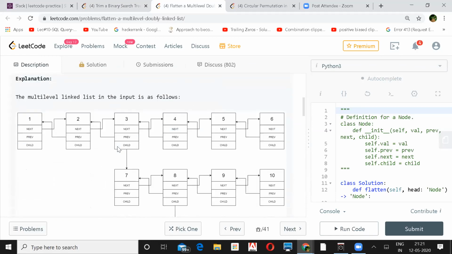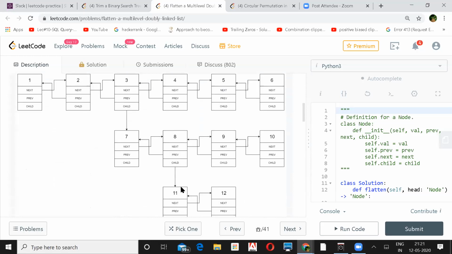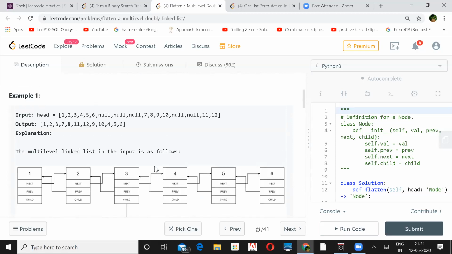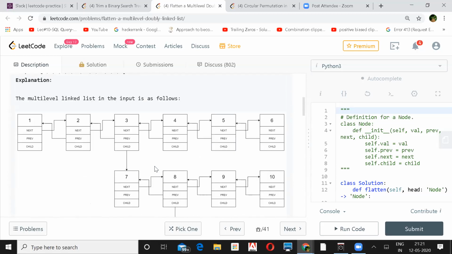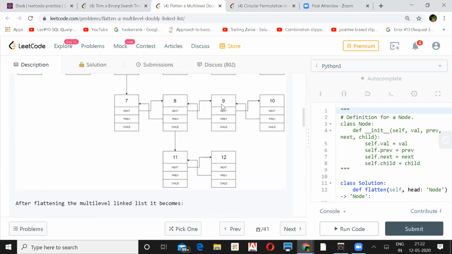So this is your doubly linked list: from 1 to 2 you have a pointer, and from 2 to 1 you have a pointer, and you can have a child, and this child can subsequently have its own children. After flattening, it will look like this. So you can visualize it like a tree also. Whenever you go to the right, you might see the right child. For 3, 4 will be a right child, for 3, 7 would be a left, again 8 would be a right child, and 7's left child is null, like that. 8 will have a right child as 9.